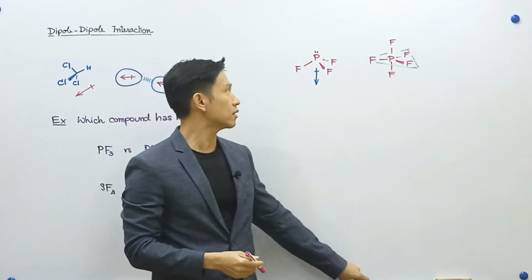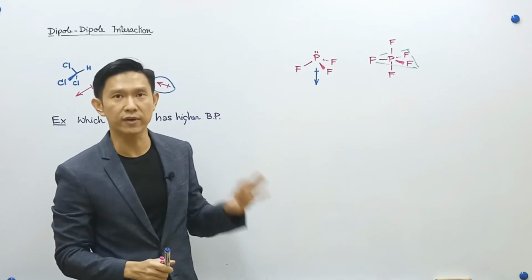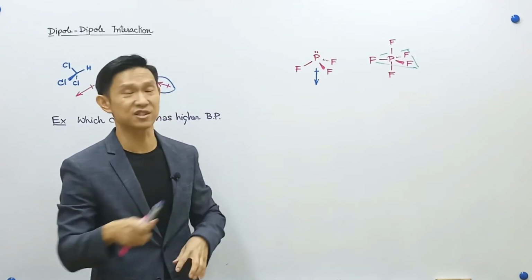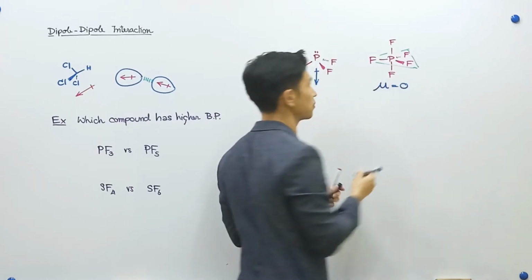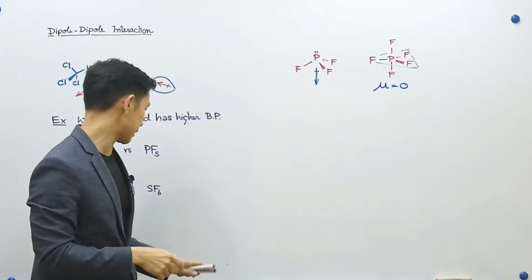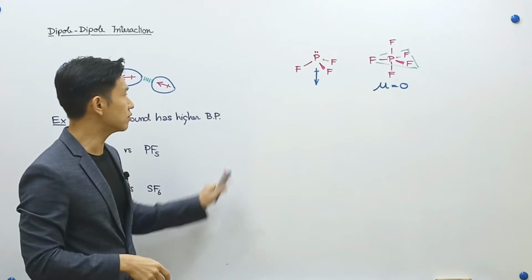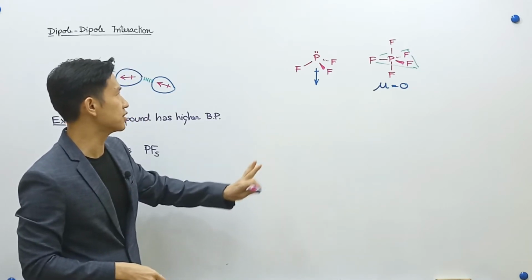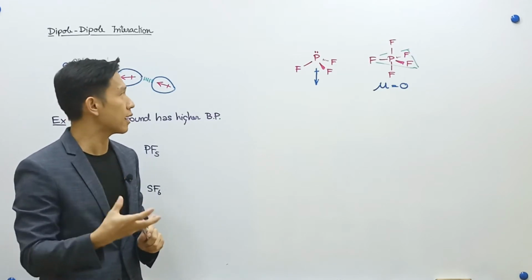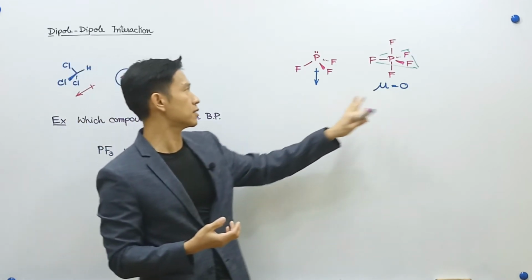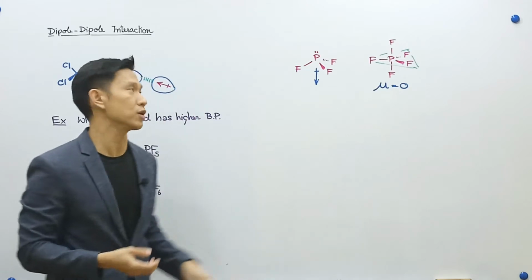So at the end, all the vectors are cancelled. So that means the dipole moment of the molecule is 0, approximately. So by these 2 pictures, as you can see,